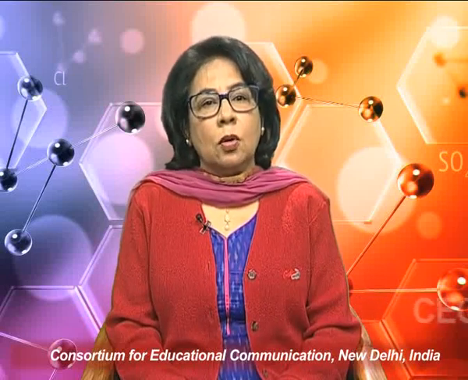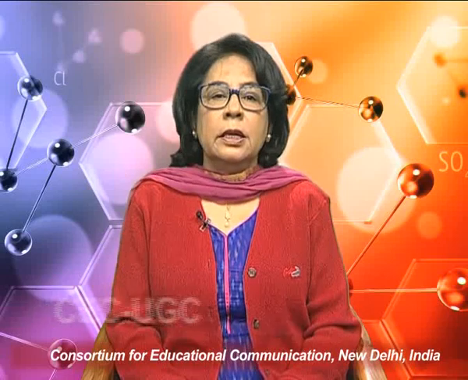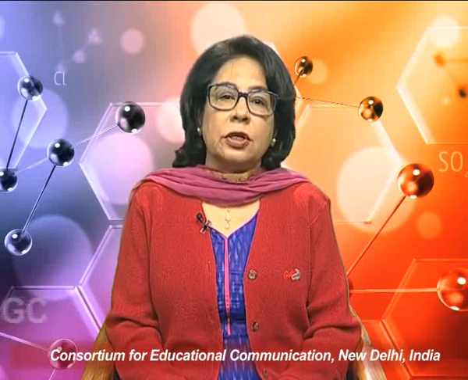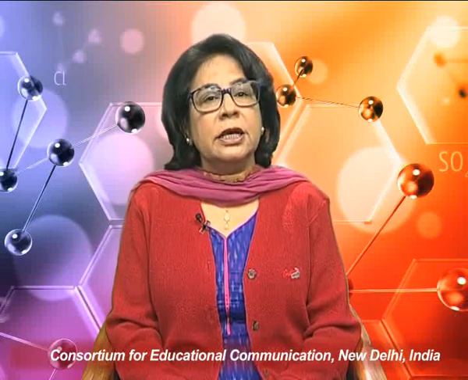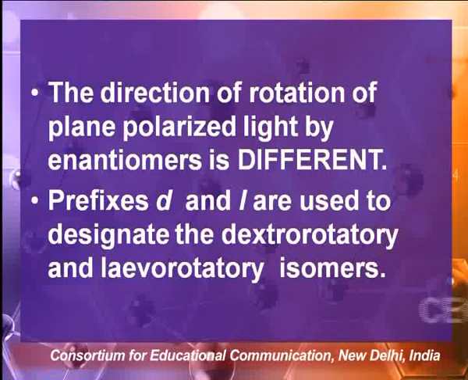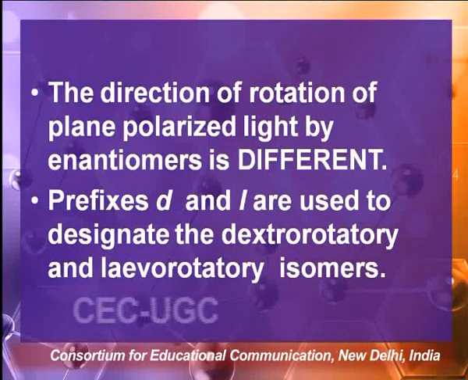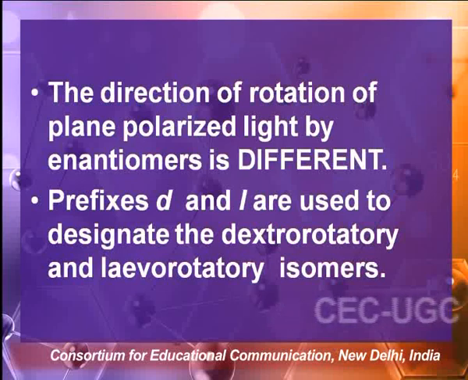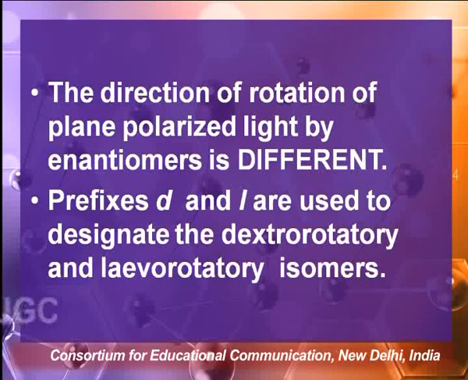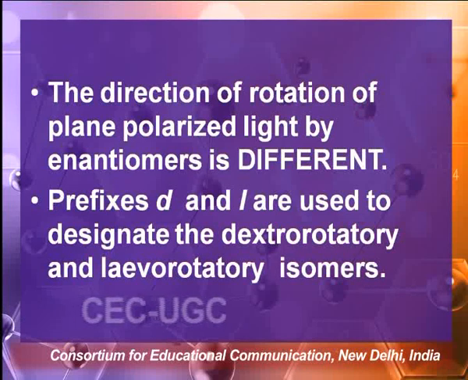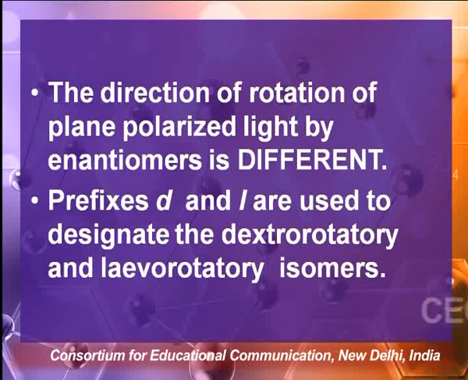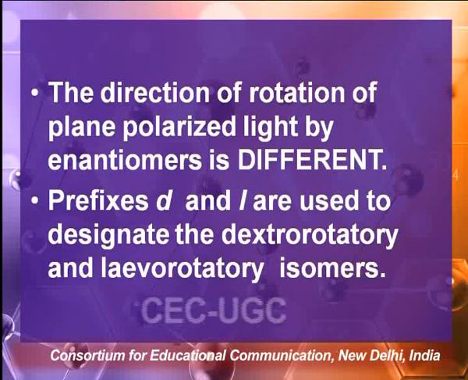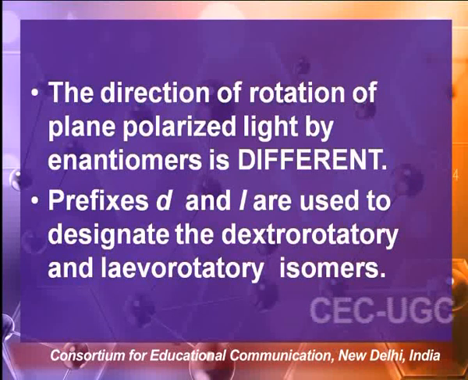As you already know, enantiomers turn the direction of rotation of plane polarized light in different directions. That is, the dextrorotatory enantiomer will rotate the plane polarized light in the right hand direction, that is clockwise, whereas the levorotatory will turn it in the left hand direction. We use prefixes D and L to designate the